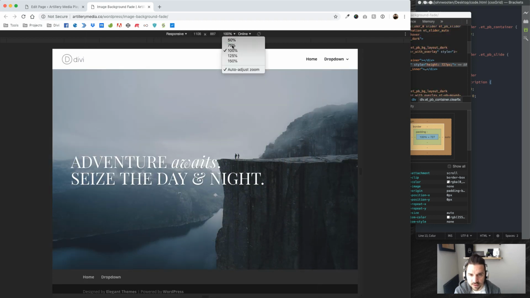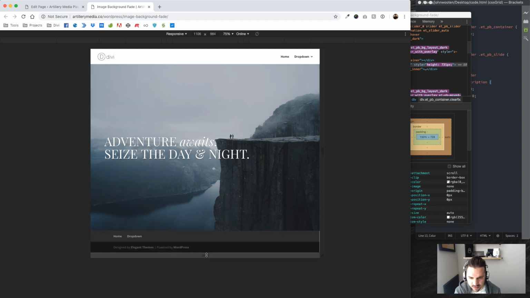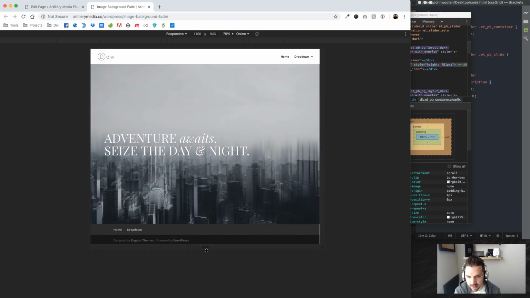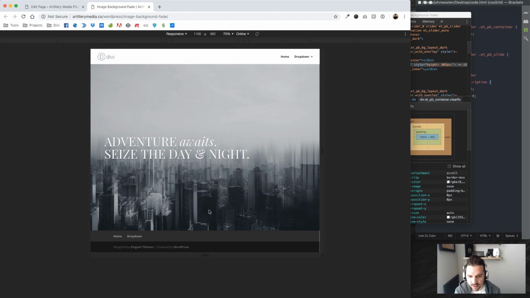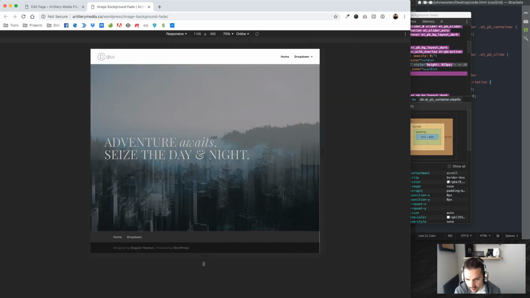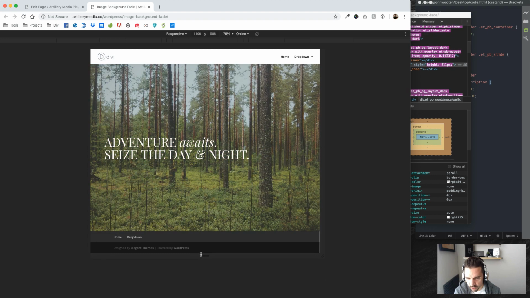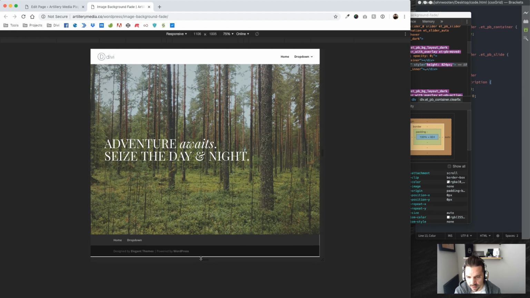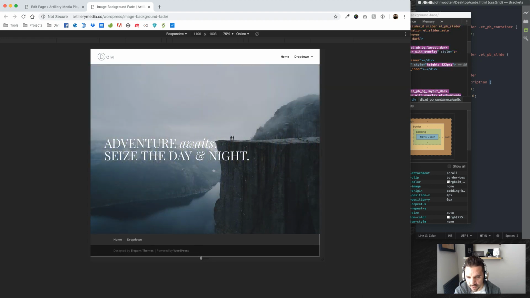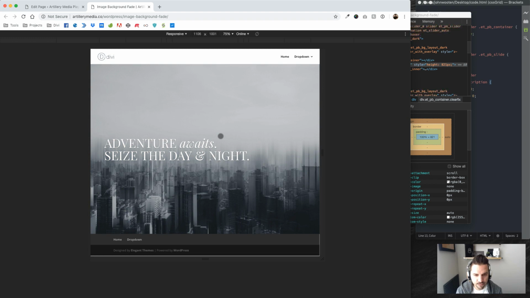And I'm going to turn this down a little bit. Okay, and I'm watching this height item here. It looks like once we get over that 980, it starts to show white underneath. Like here's 987, and then about 1,000, it starts showing white underneath. So there's a couple of things you could do here. You could give this page a body class